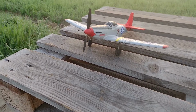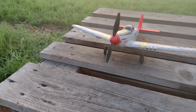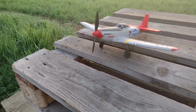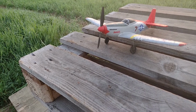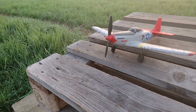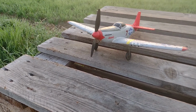So that was the Mustang, some crashes, but I'm happy that I did manage to get in some stick time without the gyro controller. Like a lot of it at the beginning especially was with it still. I still need to practice the slow flight, of course, to land better, but I did manage to kind of do some last second saves before crashing into something or going into the ground